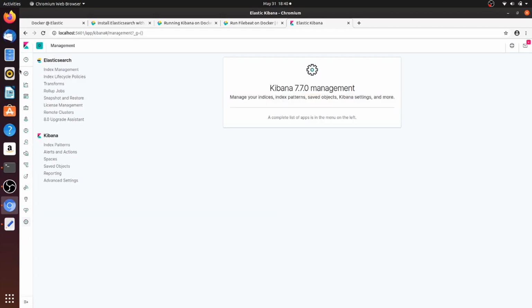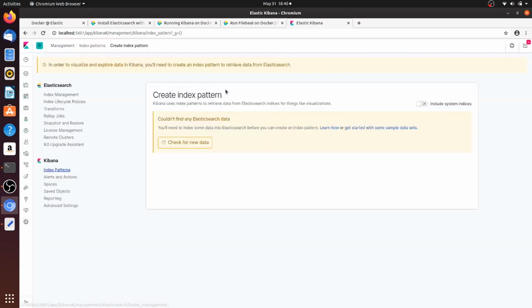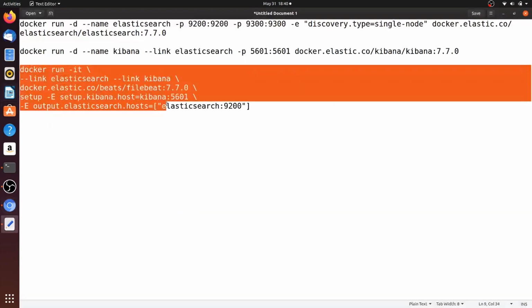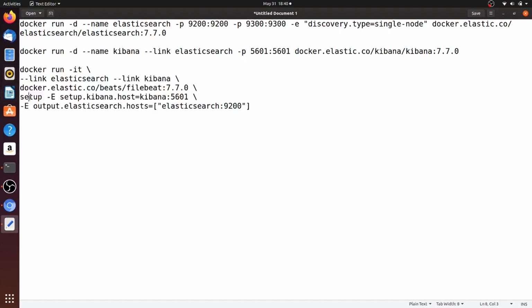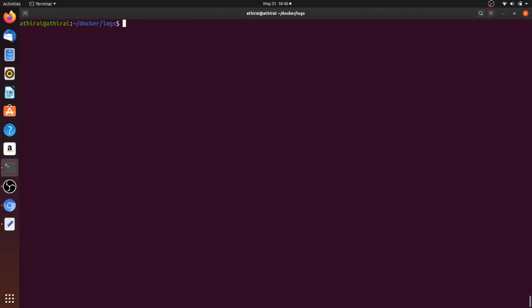These things are coming. So now I will go to dashboard and show you that there is no dashboard. That's why again it is telling index is not there. Only if index is created, we will be allowed to create dashboard. But if I run this command, which is our Filebeat container, which is going to run a command setup in interactive mode and configure Kibana for us, so I'm going to run this command now.